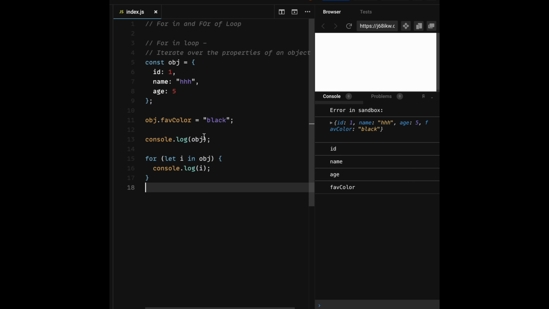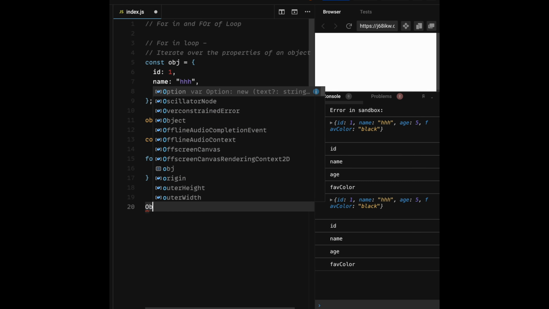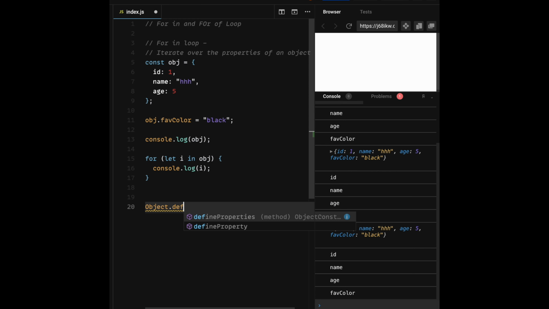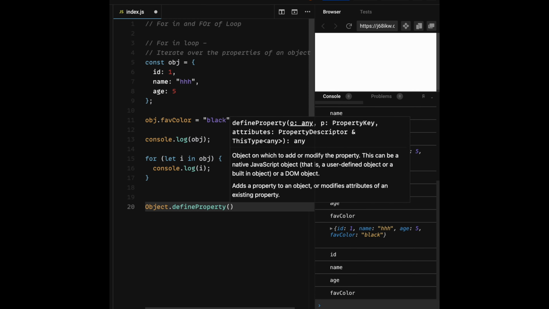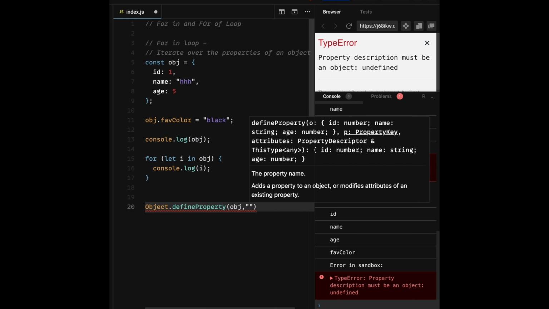So what should I do for making the enumerable property of this particular key to false? What I can do is I can write Object dot define property, and I can put in obj and the key